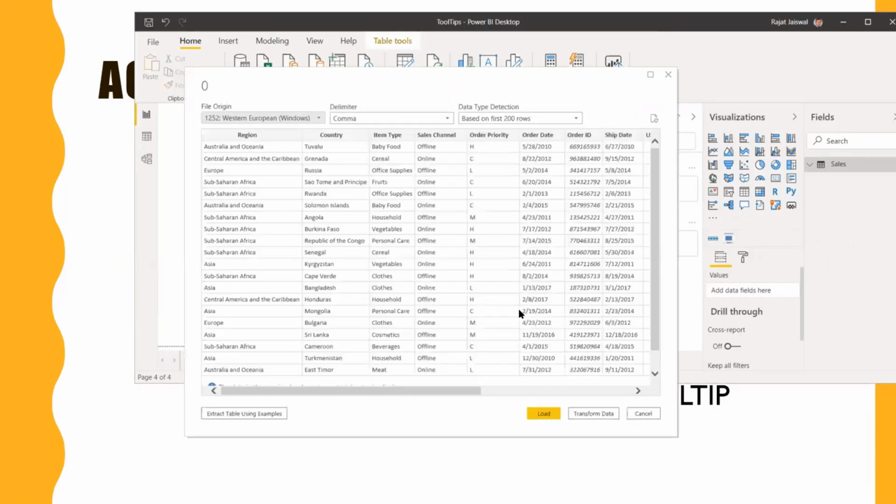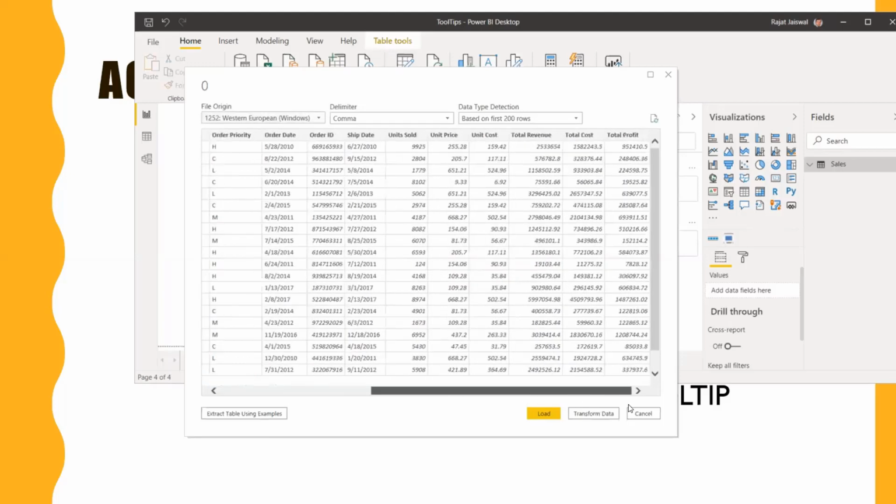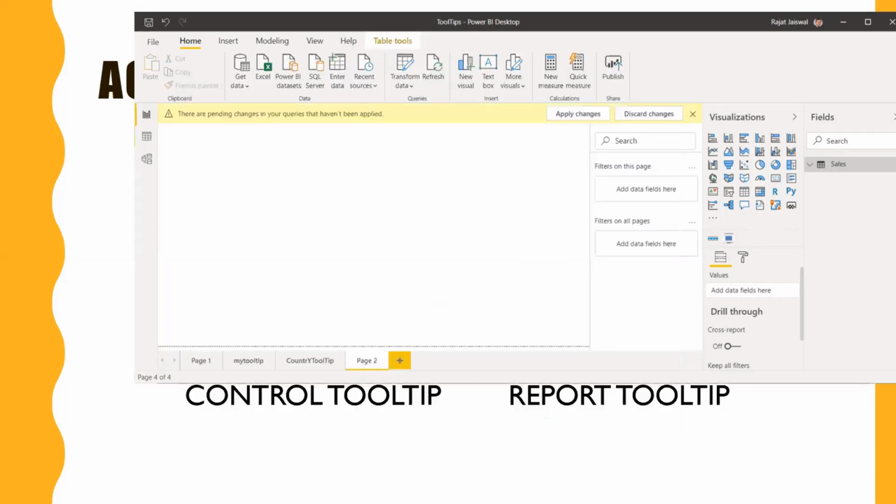I'm going into some basic details again, just to make you aware. This is the basic sales data record, which has the region, country, item type, sales channel, order date, order ID, units sold, total revenue, total cost, and profit. So that's what we have. Let's load it. So we will have another table, which is 100 Sales Records, over here.